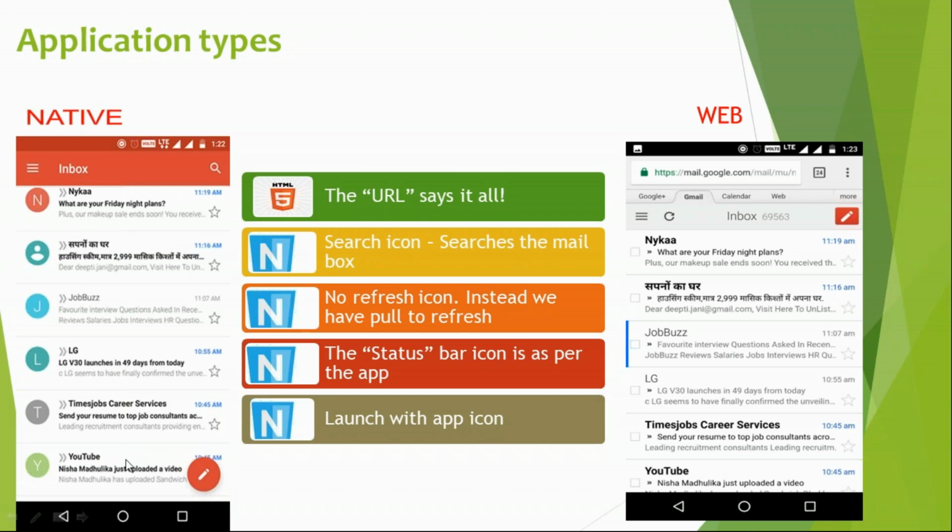If you want to create an email, just click on this particular button which is available downwards. Then it will tell you either to modify or create a new email, like this. This is how user friendly it is. Then if you want to refresh an application in the browser, you need to click on this particular refresh icon, then it will start refreshing your emails. Here, you just drag your screen downwards, and it will automatically refresh your inbox.